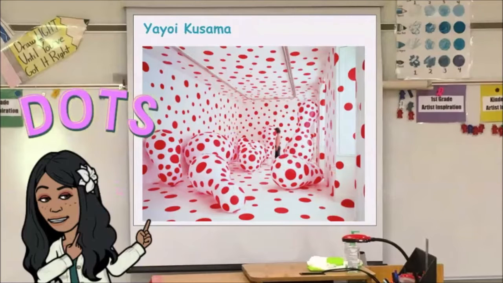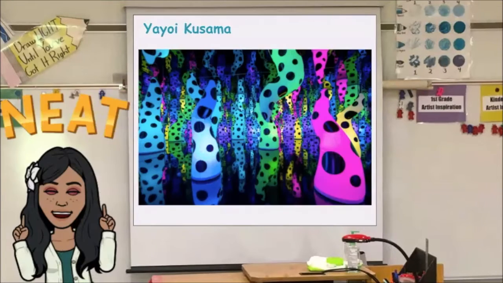Okay, so our other artist is Yayoi Kusama, and her artwork that we're going to look at is her installation artwork, which means that instead of it just being on the wall, it is an entire room and an entire experience. So as you can see, her main thing is that she does these dots, which for her are very symbolic. Here's another one where she plays with light and darkness and reflective surfaces to make an experience for the